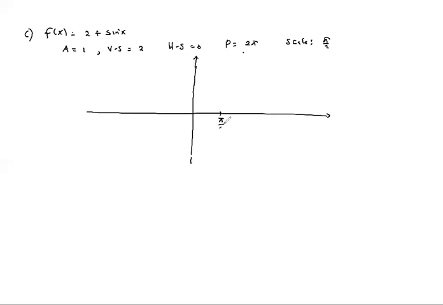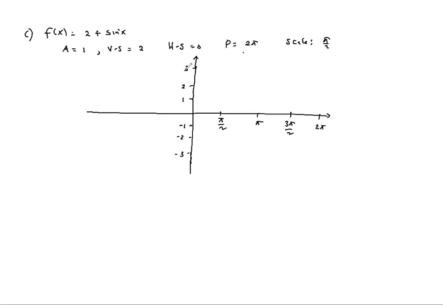So we have pi over 2, our scale, pi, 3 pi over 2, 2 pi. And then 1, negative 1. Then there's a vertical shift. So let me say 1, negative 1, negative 2, negative 3, 2, 3. Okay, so I've put that because I have a vertical shift of 2, which is done on the y-axis.